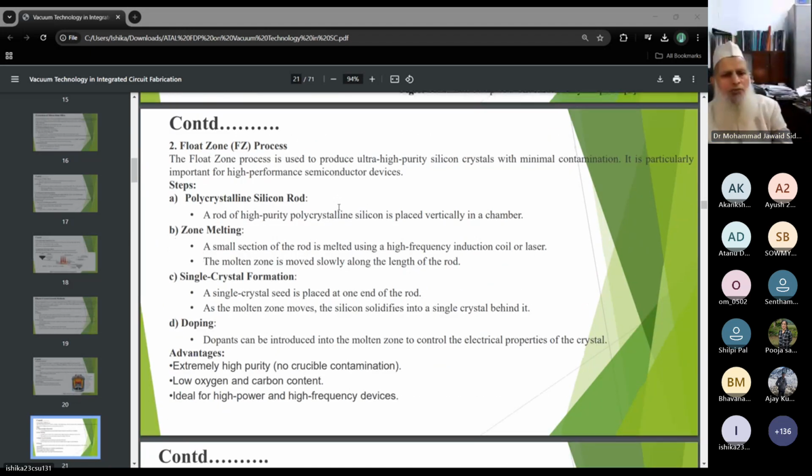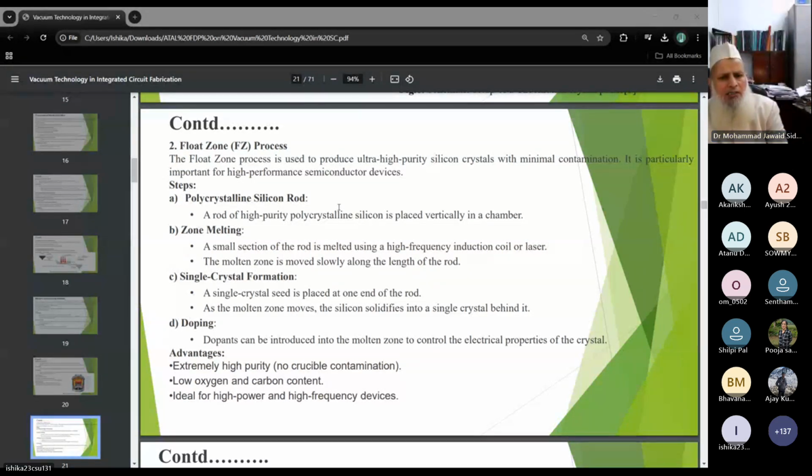Yeah. So in the float zone process, we can produce good quality, ultra high purity silicon ingots. The float zone process is used to produce ultra high purity silicon crystals with minimal contamination. This is particularly important for high performance semiconductor devices. These are the steps: